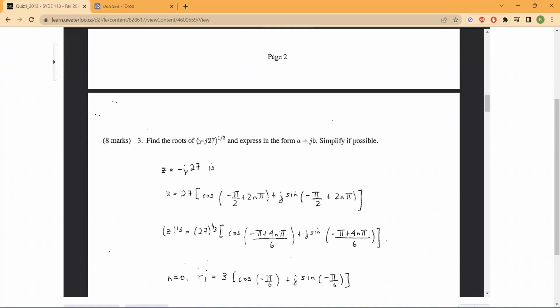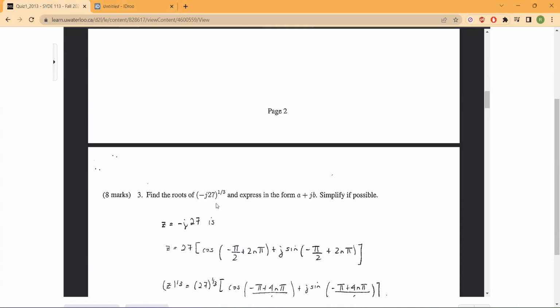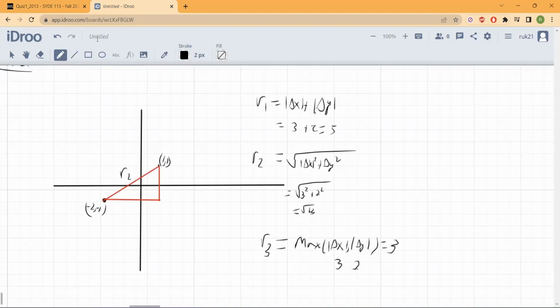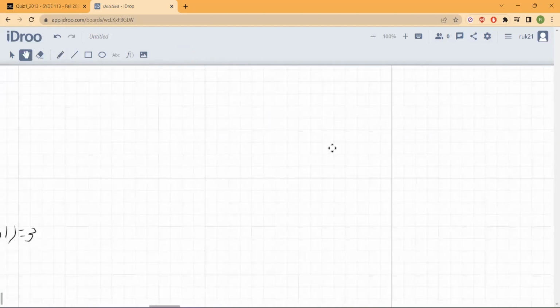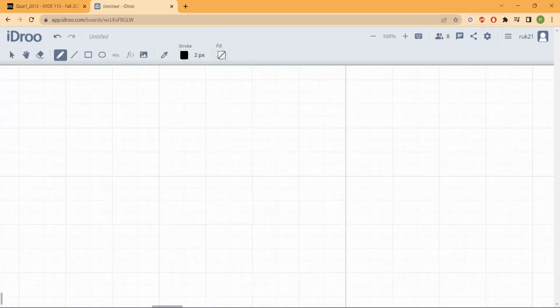Let's go on. So now what we're going to do is find the roots of -27j to the 1/3, and then we have to express it in our rectangular form. So let's do it. So we're going to move over right over here. Perfect. And now let's do it. So we're going to take the -27j to the power of 1/3, and we need to find the roots of this